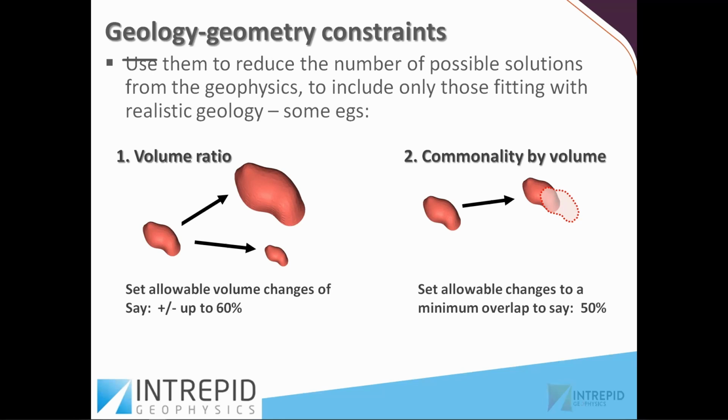During the demonstration, I will go through one by one and show you how these constrained geometrical parameters work. This may allow you to restrict the inversion to not change the geological formation, the geological body, too much,